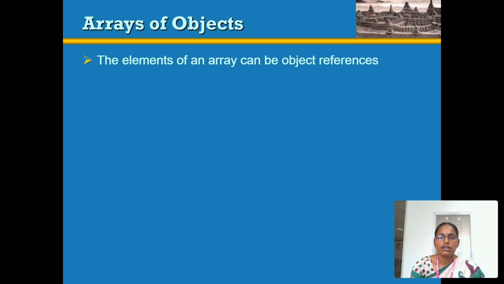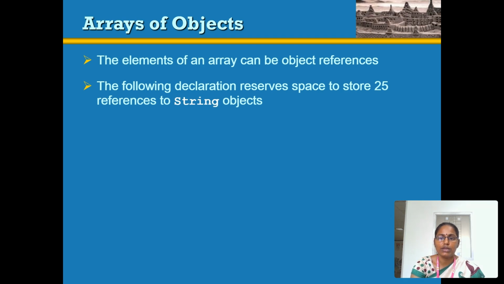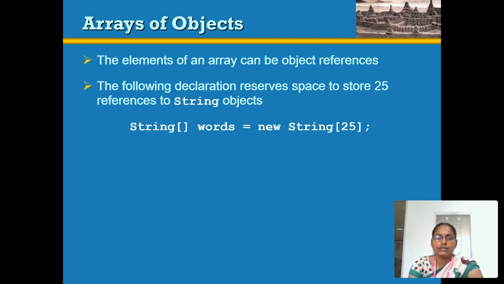An array of objects is a collection of data stored in an array, and it involves creating objects for a particular array. That is, the elements of an array can be object references. A reference is mentioned as an array index. The declaration gives a data type as String, then the open and close brackets are the array symbol.